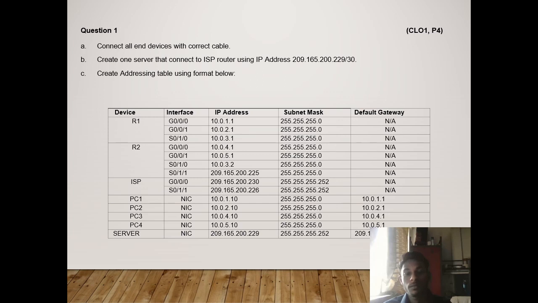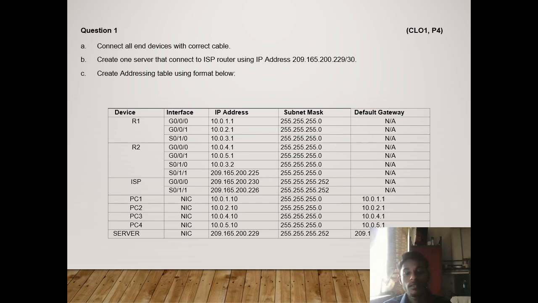So the device PC1 IP address 10.0.1.10, subnet mask 255.255.255.0, and the default gateway is 10.0.1.1. For the device PC2, IP address 10.0.2.10, subnet mask 255.255.255.0, and the default gateway 10.0.2.1,